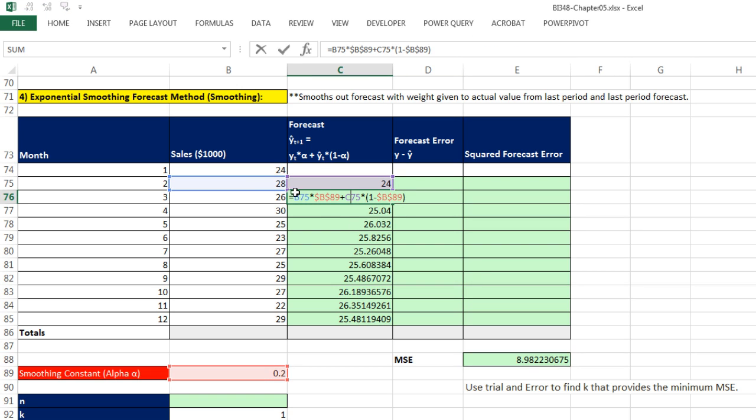Earlier in the class, we saw Goal Seek, where we could point to a formula and say I want that to evaluate to a particular amount by changing an input cell. Here, I'm going to tell Solver to change this not to a particular amount, but to the minimum possible